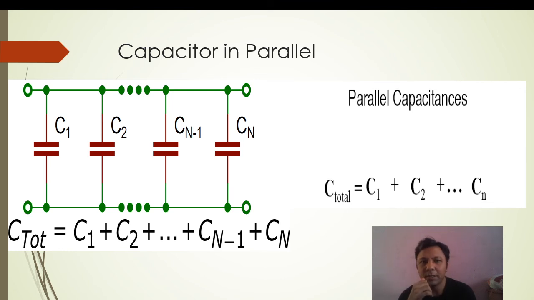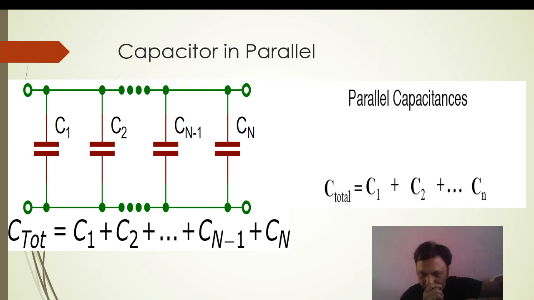Now when the capacitor is connected in parallel, it is just like resistance connected in series, that is R1 plus R2 plus R3. When the capacitor is connected in parallel, you can calculate the total capacitance as C1 plus C2 up to Cn, that is C1 plus C2 plus C3. Please don't mix up the resistance equations and the capacitor equations, because they are opposite to each other. When the capacitor is connected in series, you use a parallel resistance equation. When the capacitor is connected in parallel, you use a series equation.